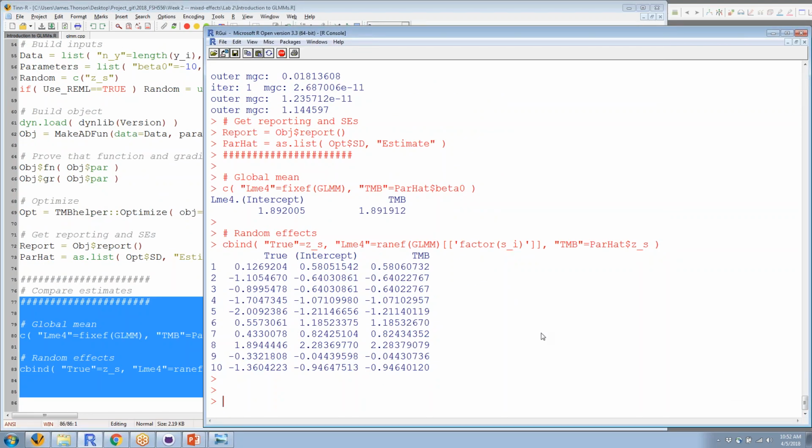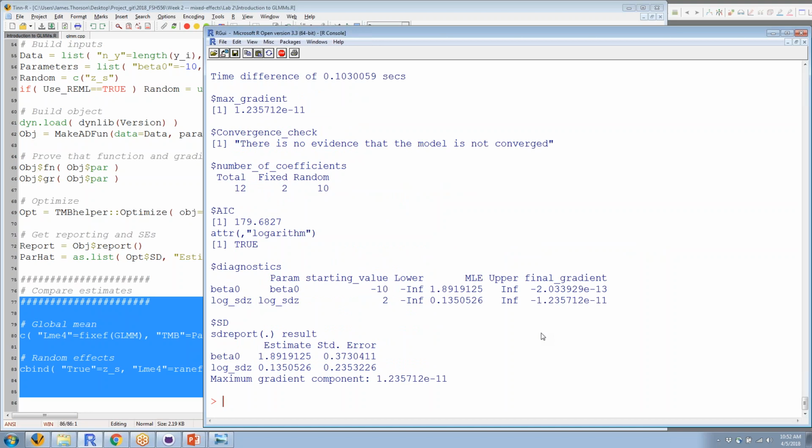And if you compare the true values on the left-hand side, this is using the lme4 package, and this is using the TemplateModelBuilder estimates. These are identical to the 4th decimal place. Again, any guess why these might not match exactly? We're using a different optimizer. Or, yeah, so